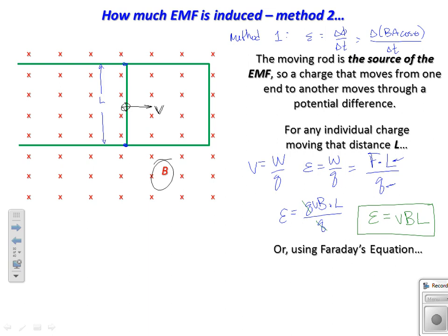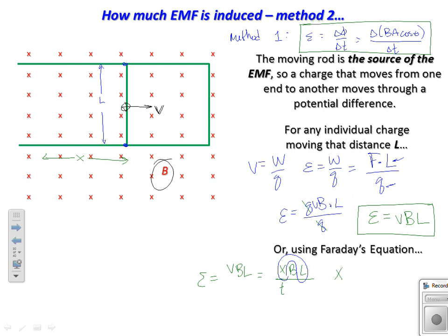Those are two different methods to find induced EMF. And we can show you that they're the same thing if you really want to see it, and who doesn't. So if we say E is V B L, well, V is, that bar went this distance, let's call it X. So we can say that V is X over T times BL. Ooh, and look, X times L